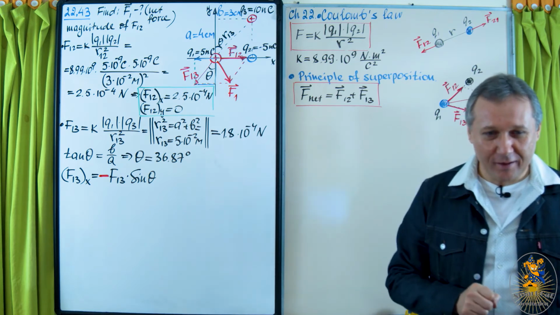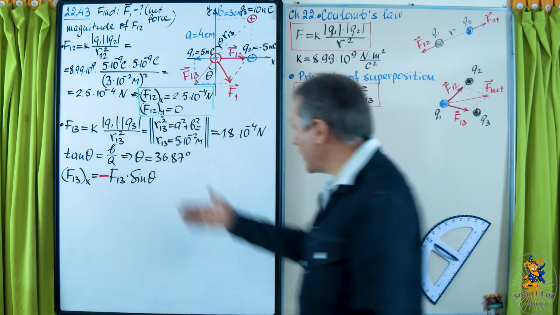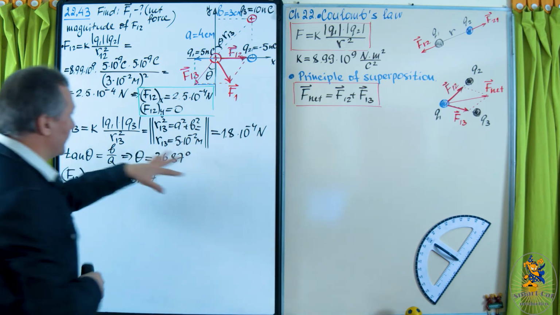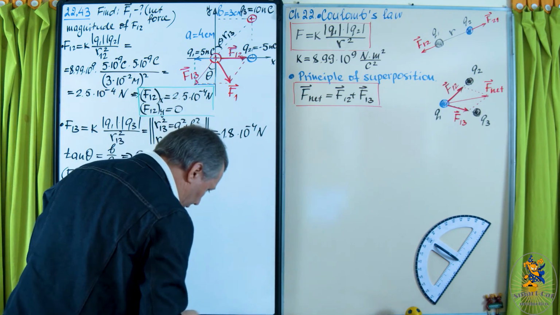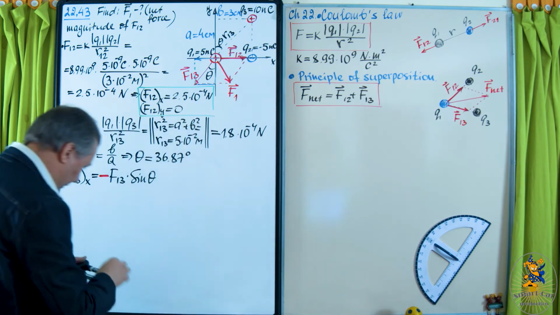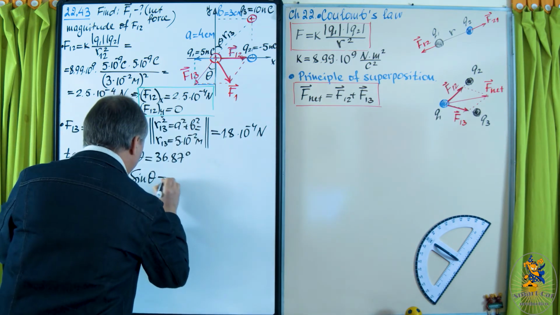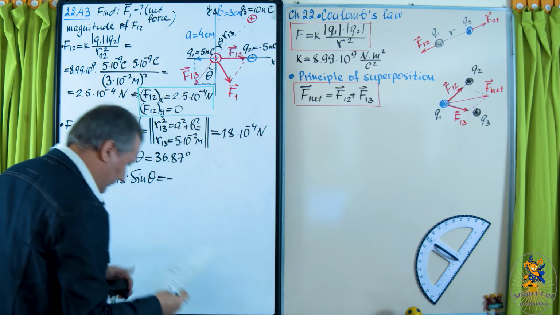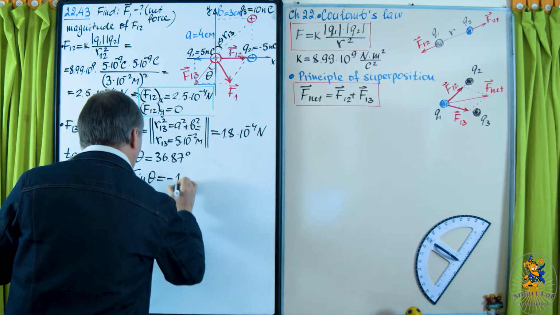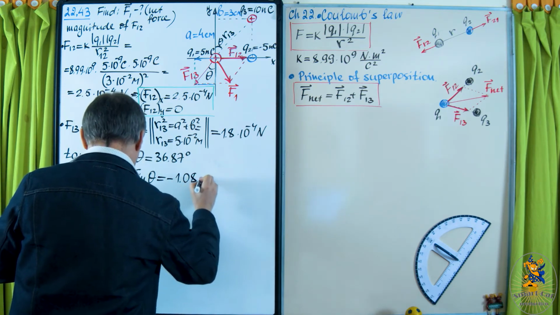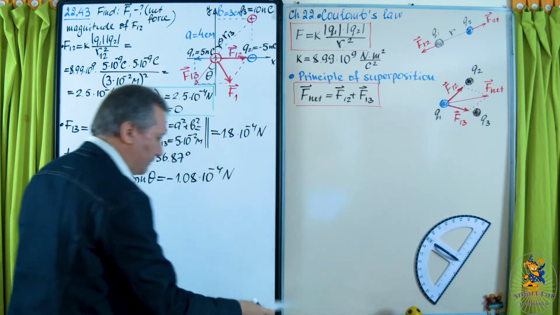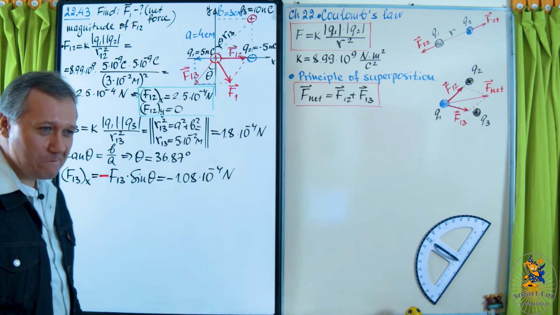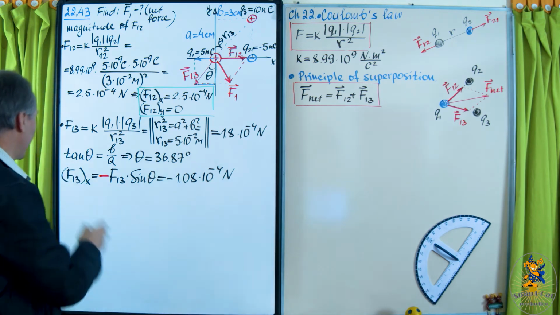Right, so now, of course, the angle is given, the magnitude F13 we found. No, not given, everything is found. So the value of the x component will be, of course, minus 1.08 times 10 to the power of minus 4 newtons. All right? Okay, so now the y component,